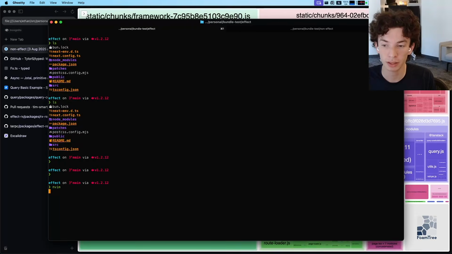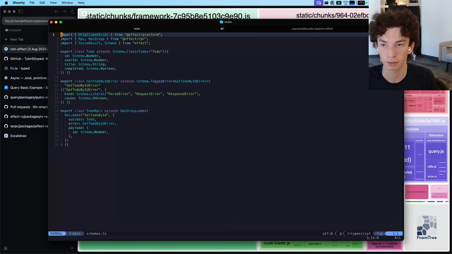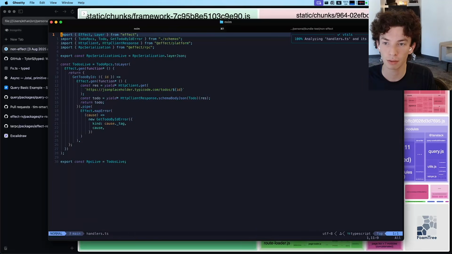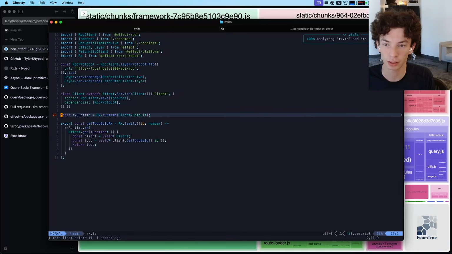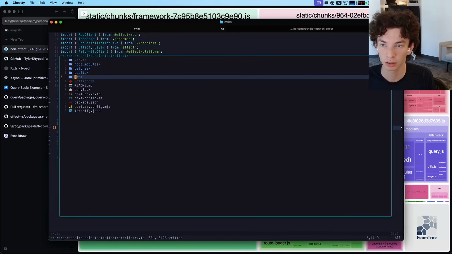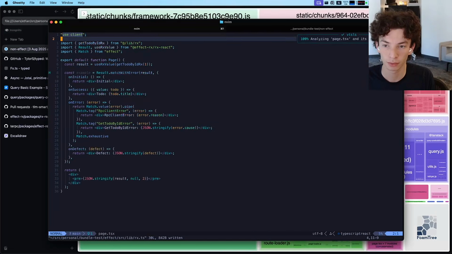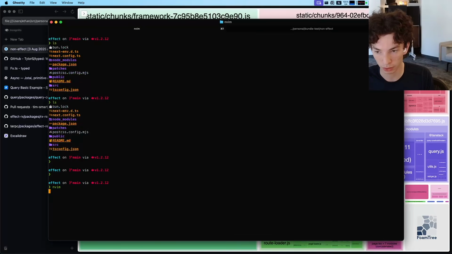And so here, if we look at the effect one, we have something very, very similar. On the back end, we have an RPC with a schema, and then we have a handler where we call the exact same API. And on the front end, we put this in an RX, which I can go through in a second. Then in app, we call this use RX value, and we get back this result, which has a loading state, a success state, and an error state. And if we build this one,